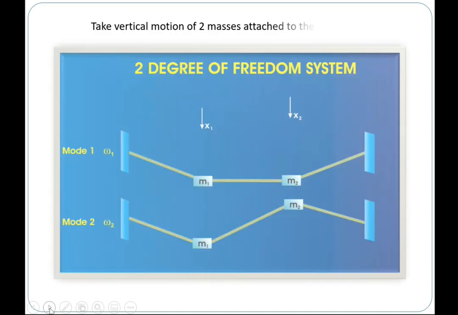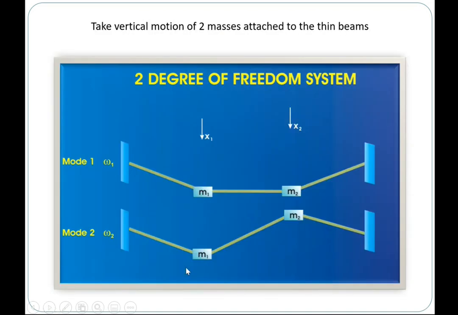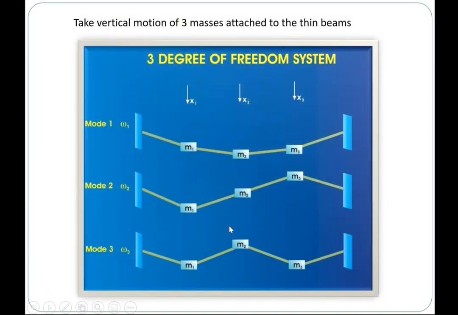Next, if you treat this beam as a 2 degree of freedom system, then you have two natural frequencies, omega 1 and omega 2, and two mode shapes. Each natural frequency has its own corresponding mode shape. At the first natural frequency, both masses move in the same direction. At the second natural frequency, mass 1 goes down while mass 2 goes in the opposite direction, going up. Then with 3 degrees of freedom, you have 3 natural frequencies and